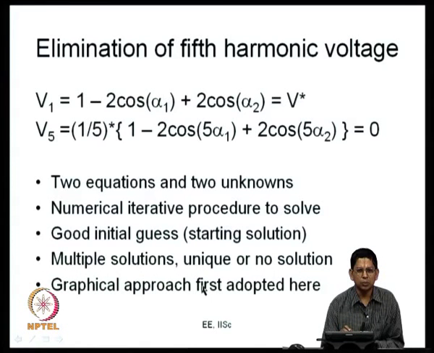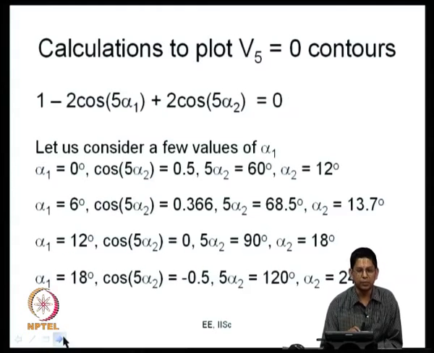So, what we are trying to do is understand these better. When does this harmonic elimination problem have no solution? When is it likely to have fewer solutions or just one solution? When is it likely to have more solutions? We want to get a grasp over these things, and that is why we are going in for a graphical approach first, because it is possible to look at this graphically since we have only two switching angles here, to develop some understanding and some insight, as I was mentioning earlier.